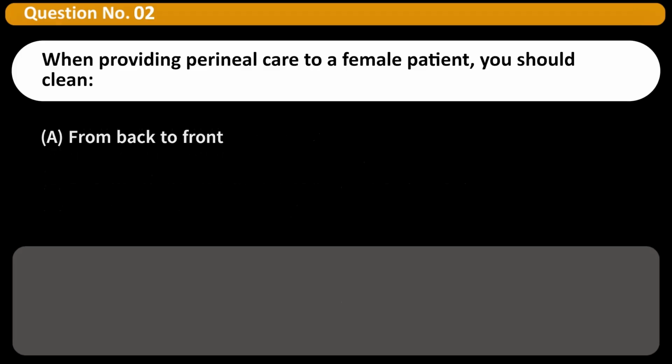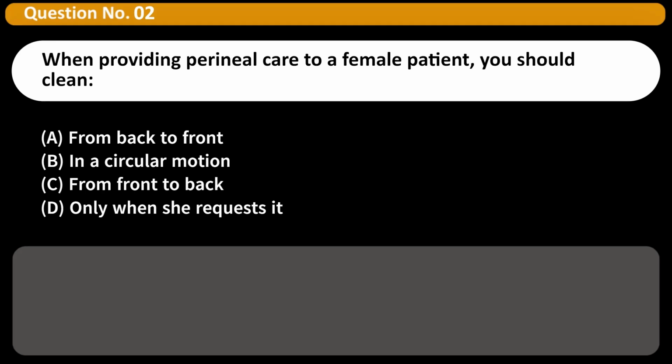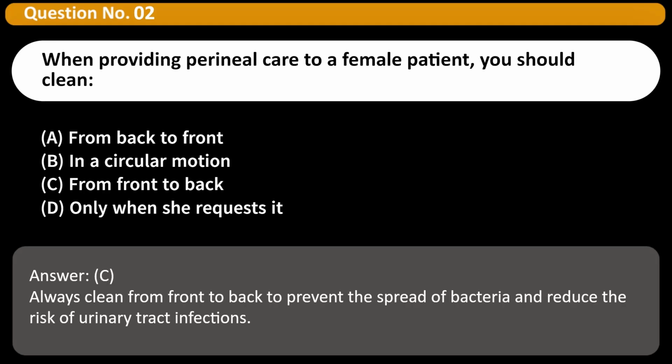When providing perineal care to a female patient, you should clean: A. From back to front. B. In a circular motion. C. From front to back. D. Only when she requests it. Answer: C. Always clean from front to back to prevent the spread of bacteria and reduce the risk of urinary